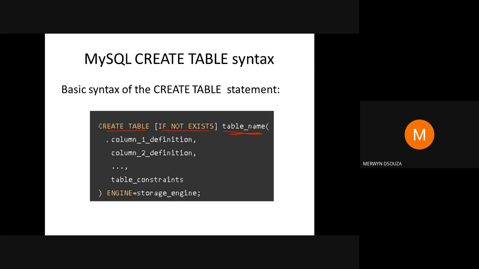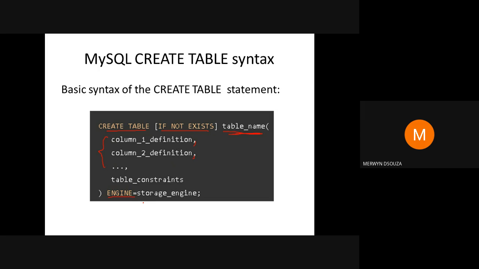Secondly, you specify the name of the columns. All the columns are separated by commas. Thirdly, again it's optional, you can specify a storage engine for the table by using the keyword engine.